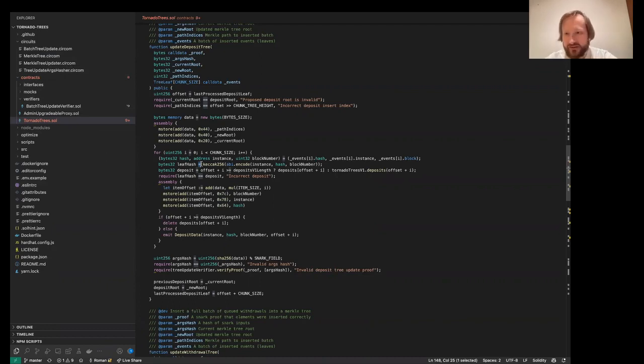And to build such a circuit, in our case of 256-element subtrees, it takes a few million constraints. To build such a Snark with Circom, at least old Circom before the Rust implementation was released, it required a machine with more than 100 gigabytes of RAM. But it needed to be done only once, and to generate a proof for such a Snark, much less RAM is needed, around 16 gigabytes or so.